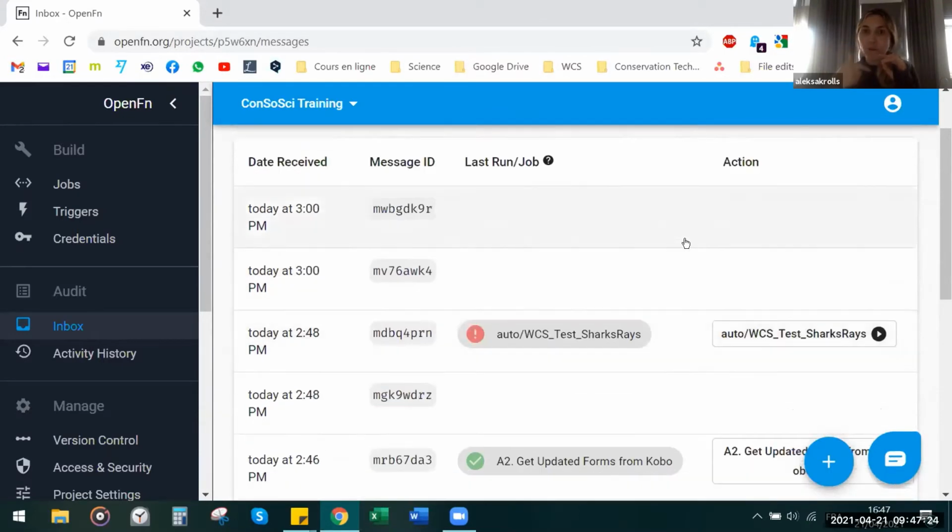So if there's no run listed there, that means OpenFN's done nothing with your data. It's gotten to your inbox, it's sitting in your inbox, nothing's happened. But if there's a run, then we know OpenFN has tried to do something. And then that's where we can click into that run, or we can go to that activity history to learn what that was. And on the right, all the way on the right, we see the job that was triggered